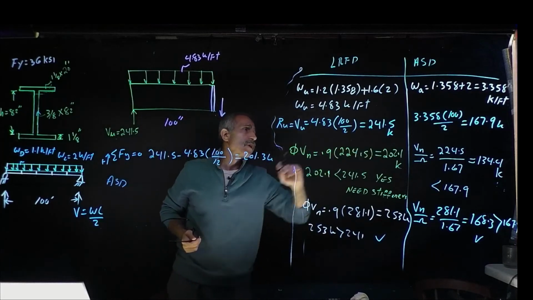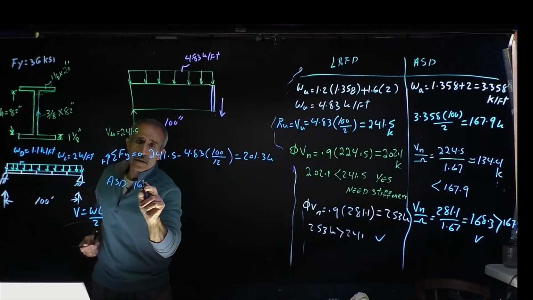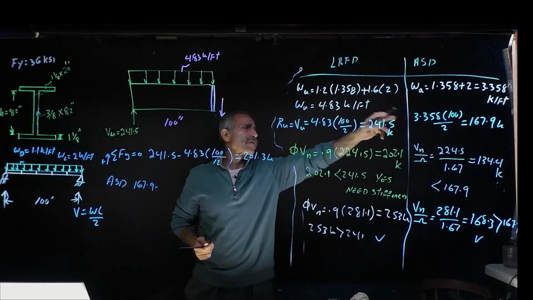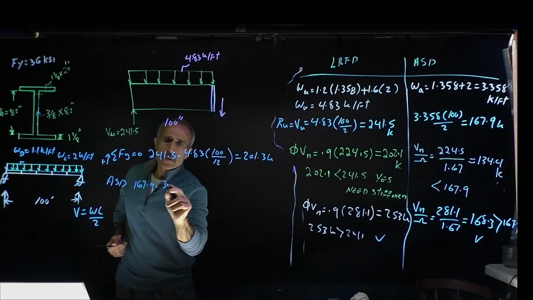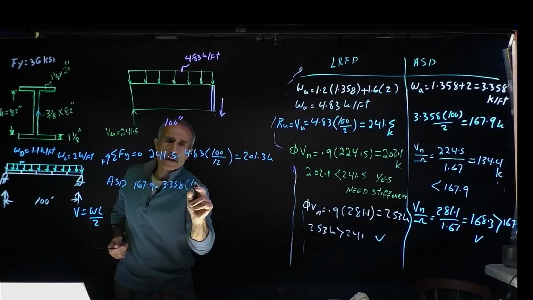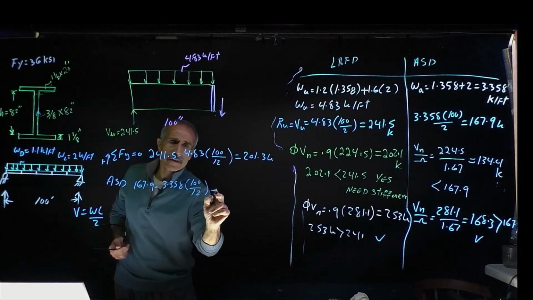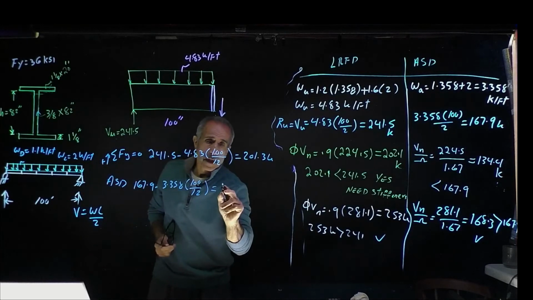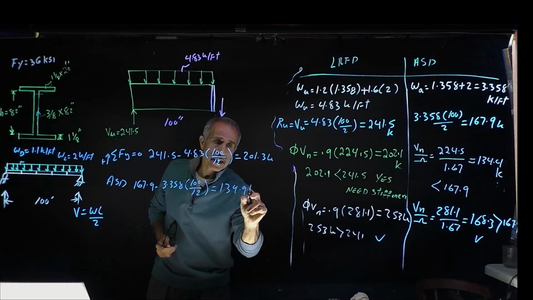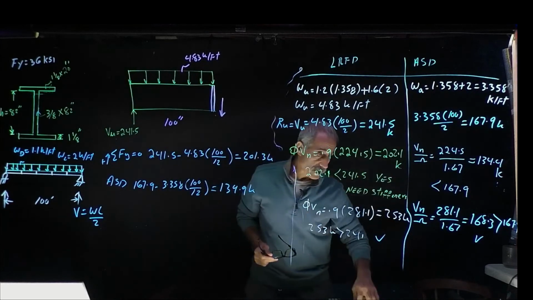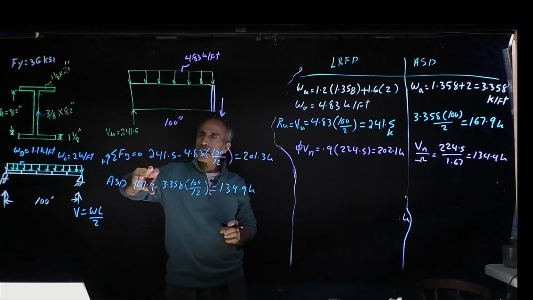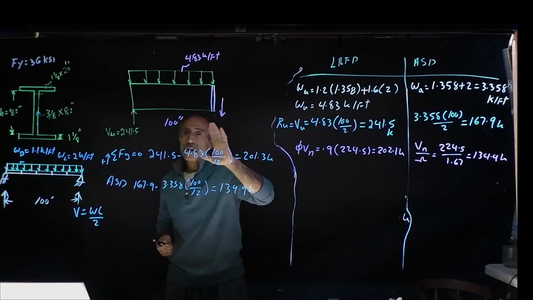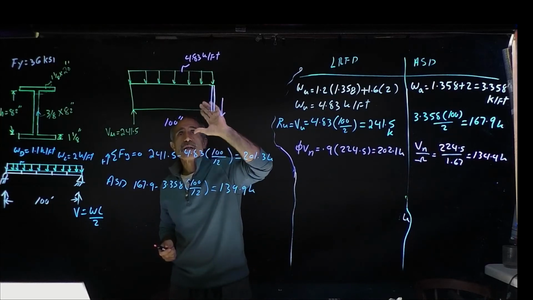For ASD, basically our shear came out to 167.9 minus, and our W is 3.358. 3.358 times 100 divided by 12, and that comes out to 139.9 kip. I'm going to write it here. Let me erase this here. Okay, so now this is the shear, based on applied load,